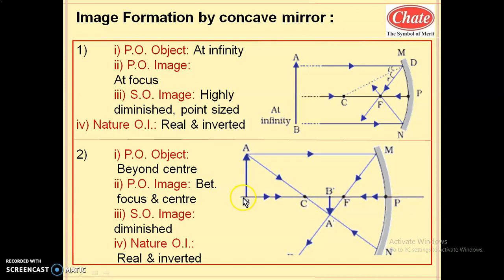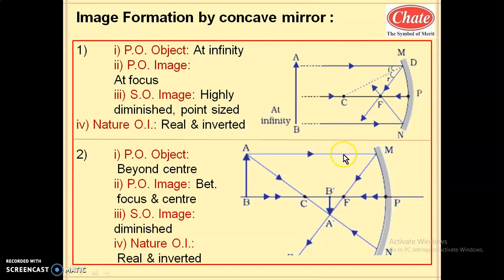So before that you have to draw the principal axis. So draw one horizontal line passing through the C. Wherever it intersects the mirror, that will be the pole. Midpoint of C and pole will be the focus. Object is always taken above the principal axis. Here the object is always taken on the left hand side, and the rays are coming from the object to the